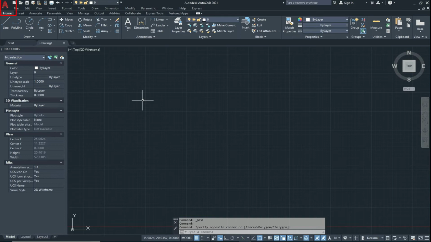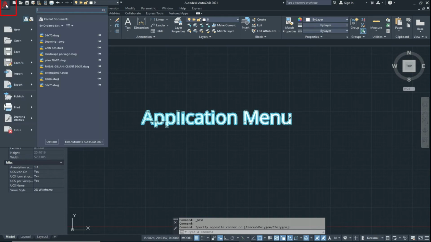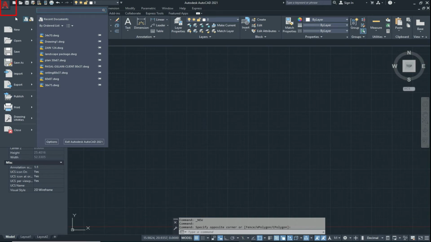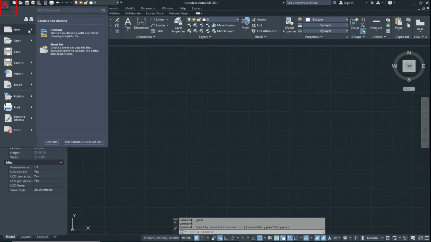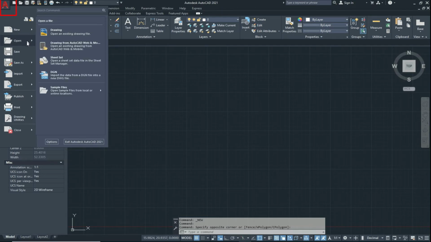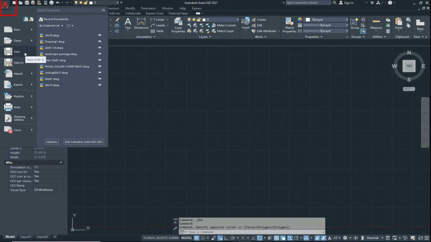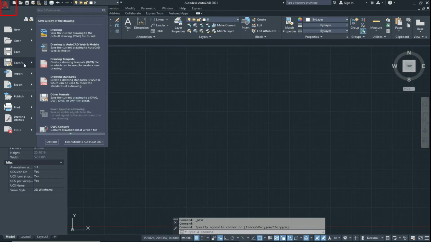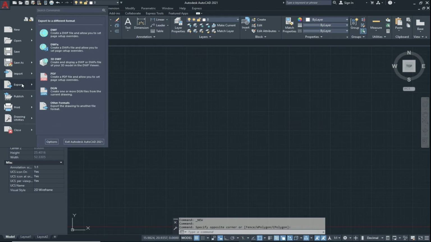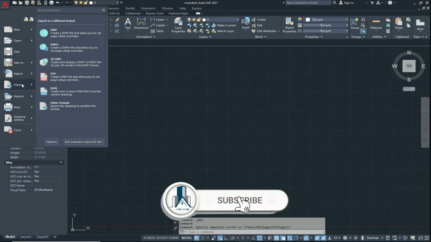Now our first point is the application menu. This is our application menu. The application menu contains file related commands like create new drawing, open existing file, save current file as a new name or in a different folder, export the current drawing in different formats, PDF, DWF and DGN.